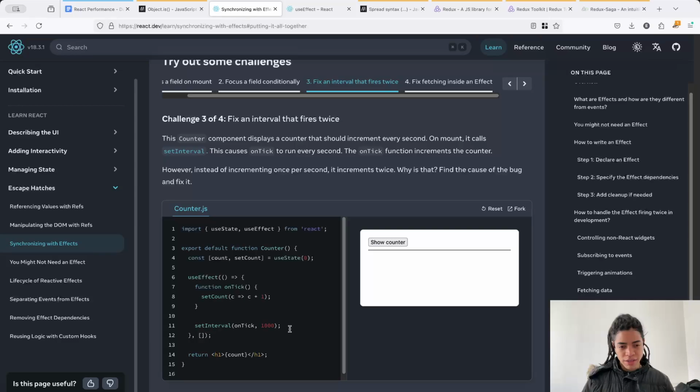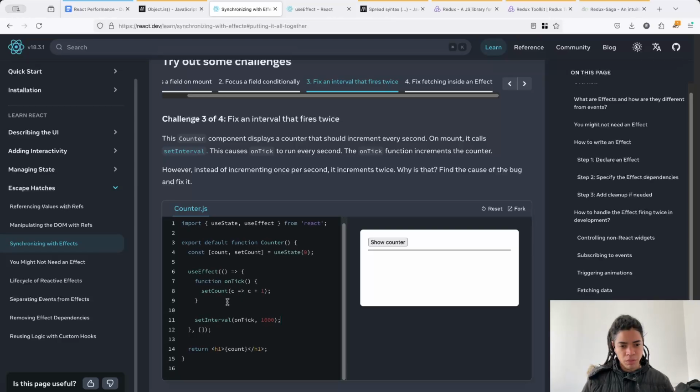It increments twice. Why is that? Find the cause of the bug. It's because of the way useEffect works. It's because on every re-rendering, what happened here is that on every re-rendering with the count,